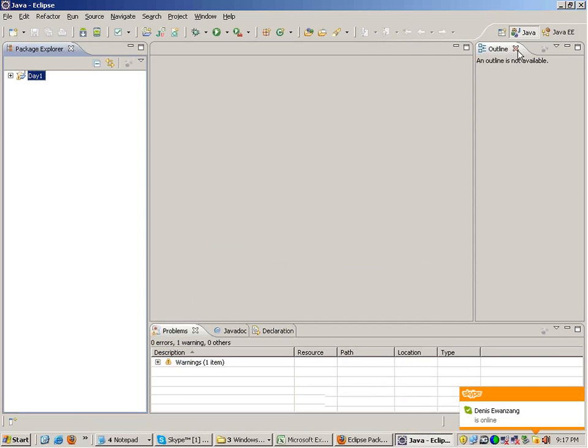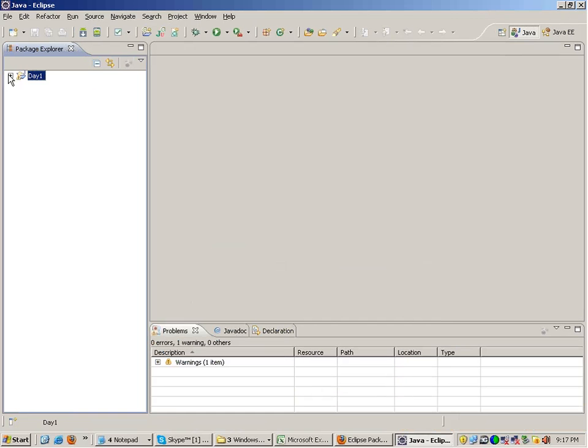In the end you will get a screen like this. On the left side you will see the day 1 project. Inside it there is a source folder and JRE system library. This JRE system library is nothing but Java which was installed on your machine. Source folder is the folder in which you will keep all the Java files.